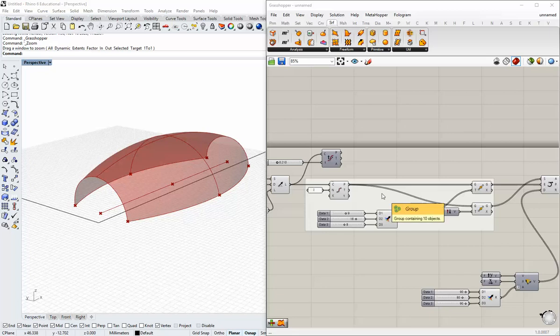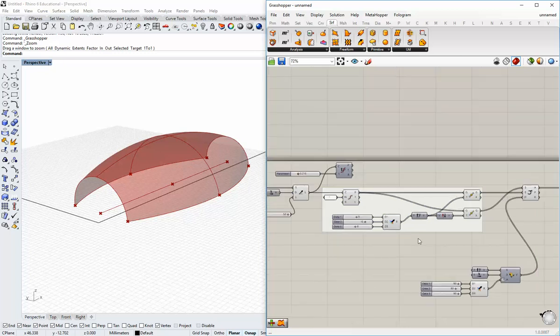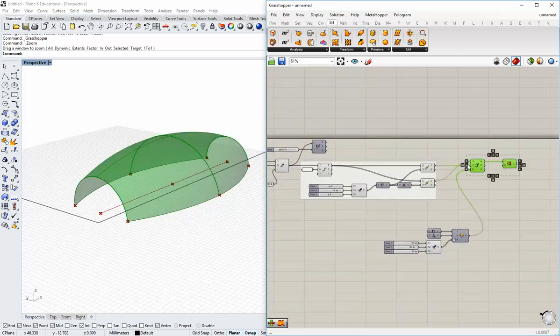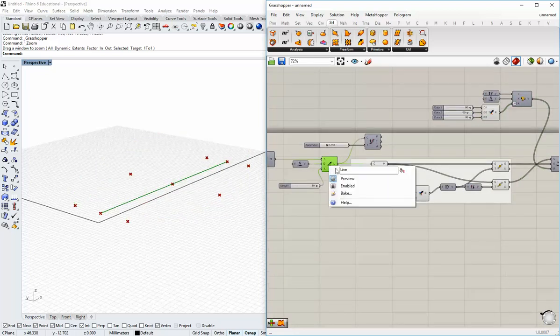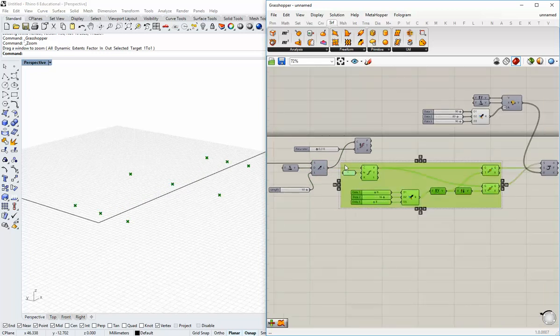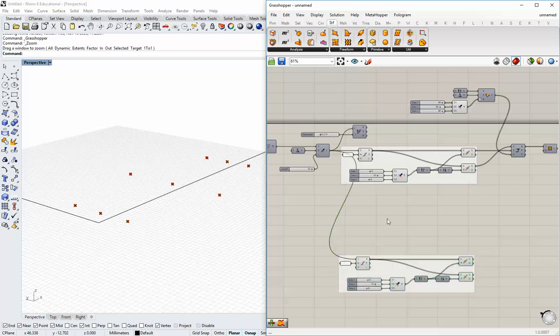Okay, so this is where we left off in the last one. And I've highlighted an area here that I'm going to use to copy into the next step. So I'm going to turn off some previews downstream a little. I won't be using these things in this exercise. And I'll keep that active, but I'm just going to take this chunk of code here and copy and paste it down and start up a